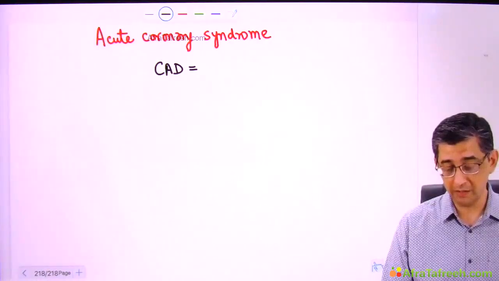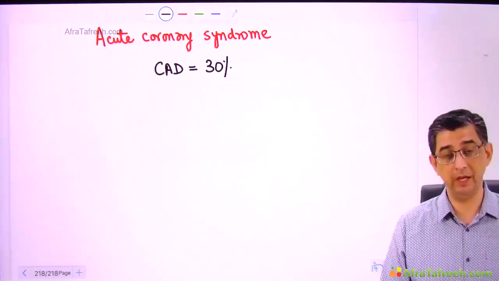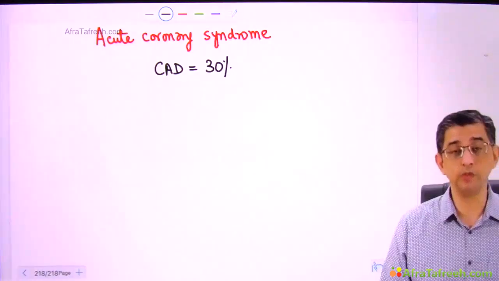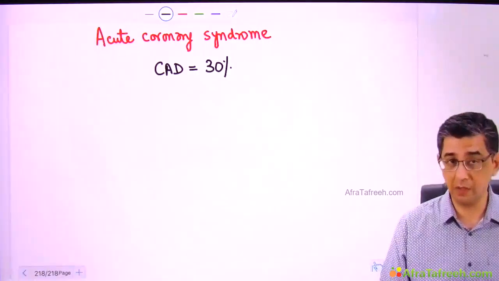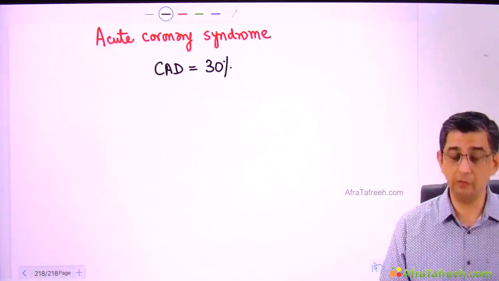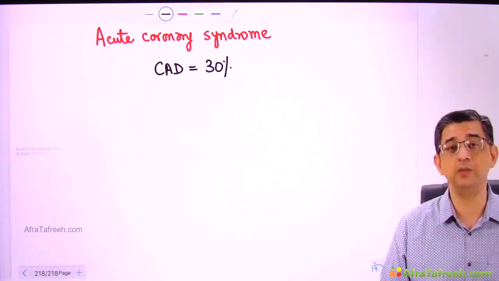So I want to highlight this fact that in your clinical practice, you're going to come across a large number of cases who might actually come to you very late. They might be having cardiogenic shock, post myocardial infarction. And in spite of your best efforts, you may not be able to save them as well. So our objective today would be two things. One would be early identification, and second would be learning the management of patients.